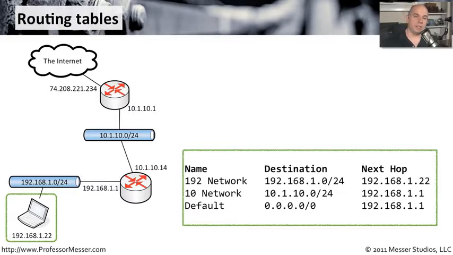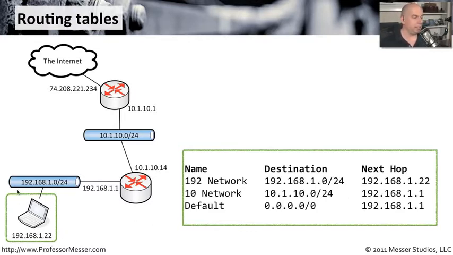Inside of this workstation is a routing table, and what I've done is break out individual routes so that you could see what every step might be along the way. And we can think about this process of how we might configure routes inside of our routing table. In reality, a number of these routing tables for these different devices would be a lot smaller, but I wanted to break out each individual network so that we could step through it. So this IP that we have down here is